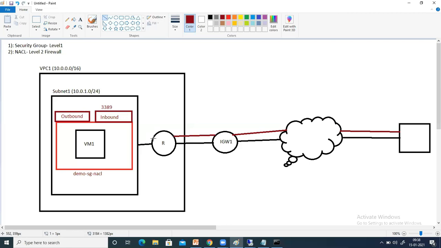So it will reach here, and before reaching VM1, it will see that there is one security group here. On that security group, in the inbound rule, it will check whether this session is allowed or not. You will see that in the inbound rule, I have allowed port number 3389. So if it is allowed, it will come and connect to VM1.